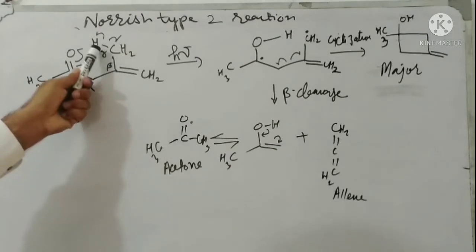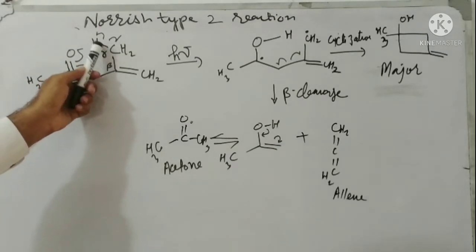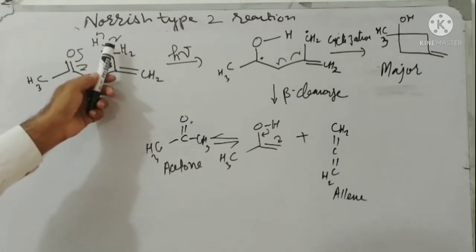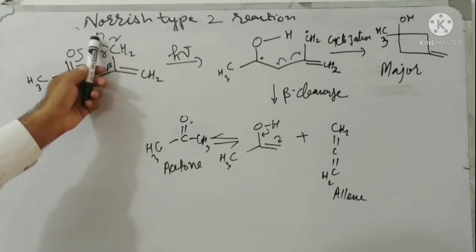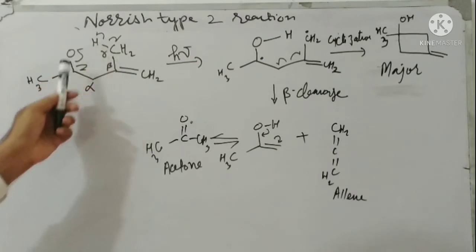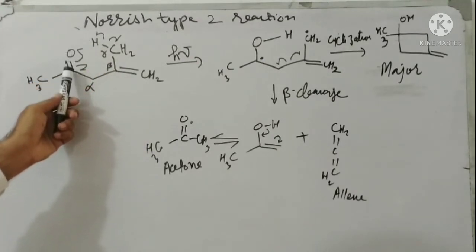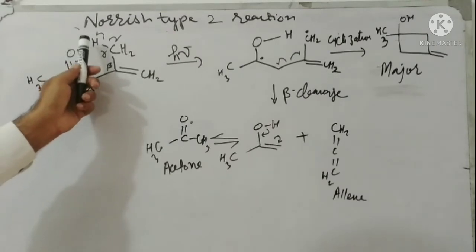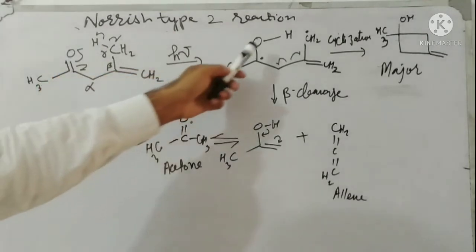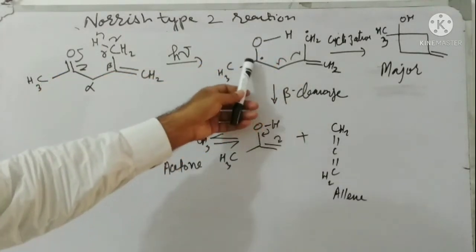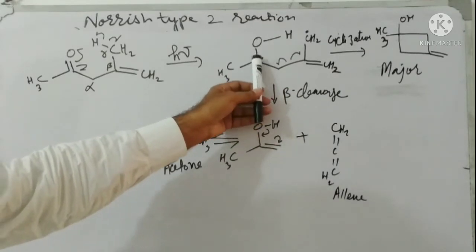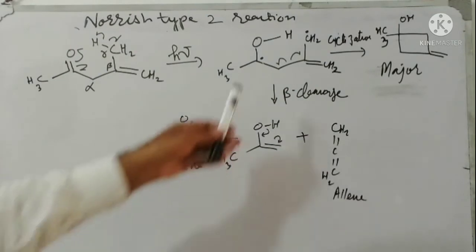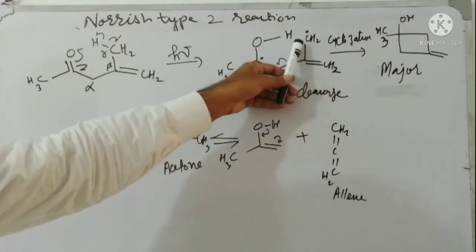So one of the hydrogens, this covalent bond where the hydrogen is attached, undergoes homolytic cleavage to produce this carbon radical here and a hydrogen radical. This hydrogen radical then combines with the oxygen, as the carbonyl double bond undergoes cleavage to form this oxygen radical. This hydrogen and this oxygen form a single covalent bond here, and we get here 1, 2, 3, 4, a 1,4 diradical. So for this 1,4 diradical, there are now two possibilities.